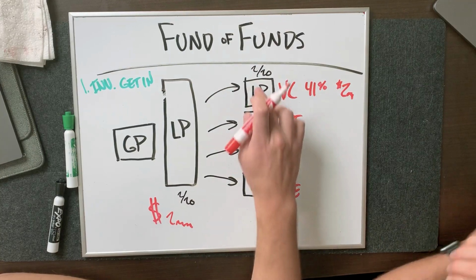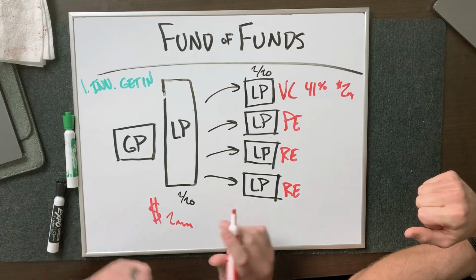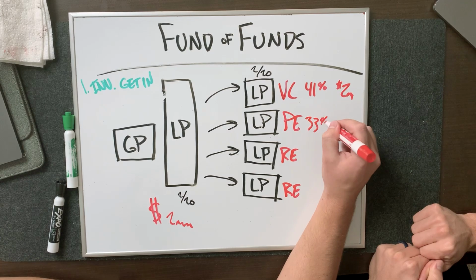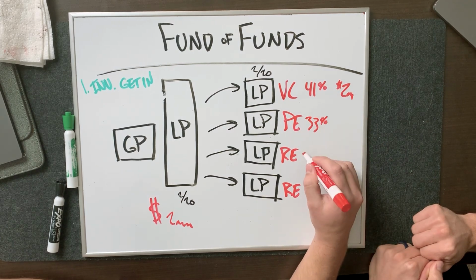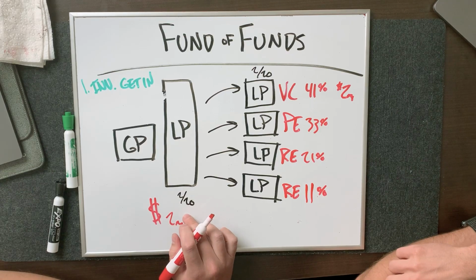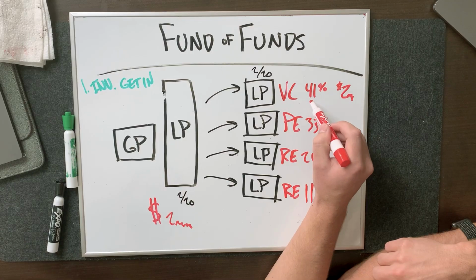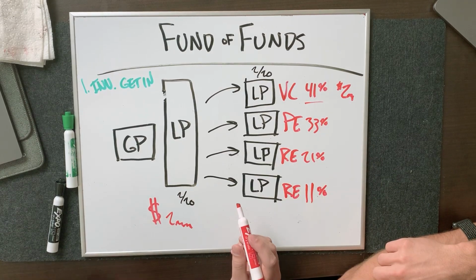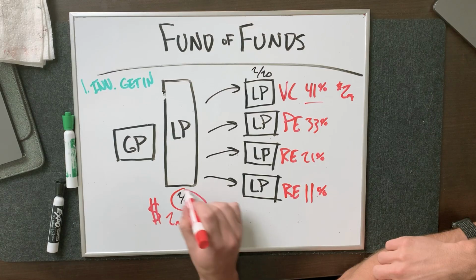So let's come back to these performance fees, right? How does the fund of fund make money? Let's say for this example, these are expected returns of the fund. Let's say this private equity fund's expected return is 33. This is 21. This real estate fund's 11. The way you figure out what to charge in a fund of funds is, so I actually called a friend at Goldman Sachs who manages a fund of funds. And he says that the best way to do it is you just got to reverse engineer your deals, right? You've got to look at what type of funds you're investing in, how good, if you were investing in funds that you think will all return 41%, you could totally constitute a 2 and 20 and a 2 and 20,